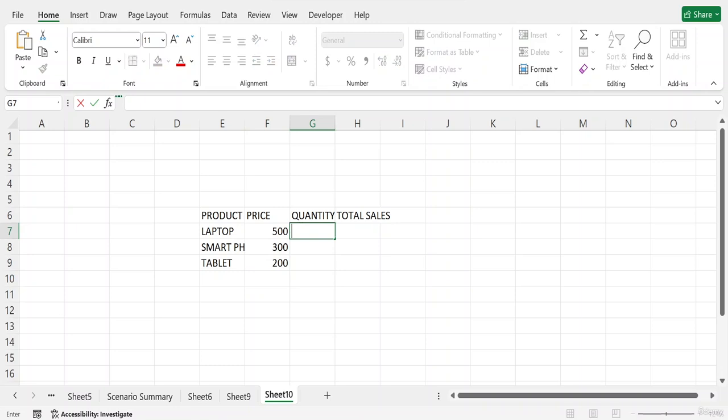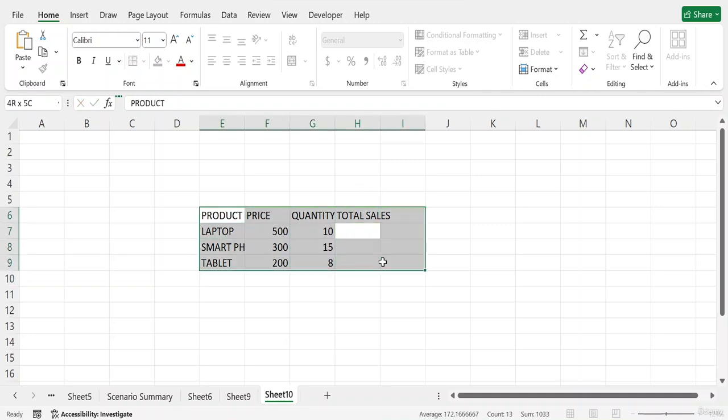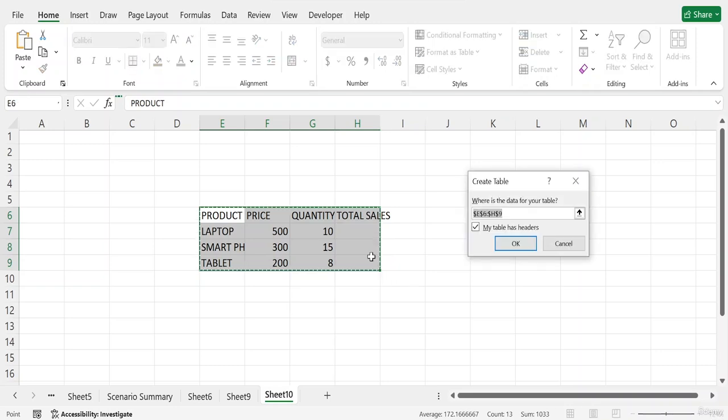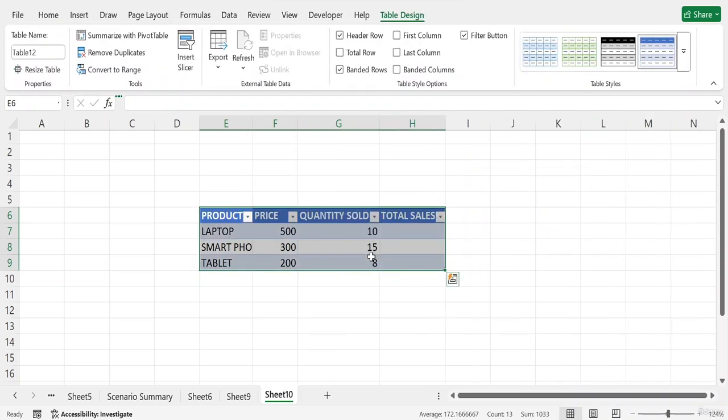I am using random numeric values so that it will save time in this video. The total sales section I will leave empty, and I will press Ctrl+T to create my data set as a table.